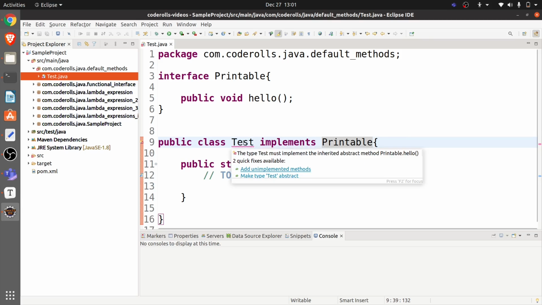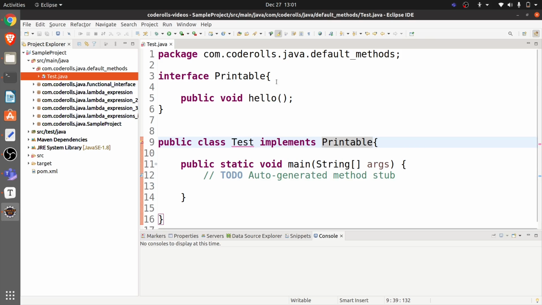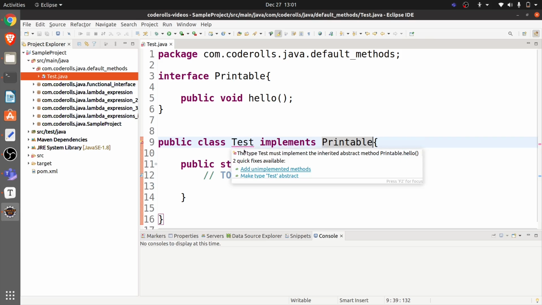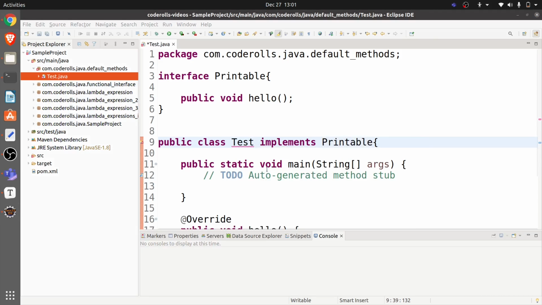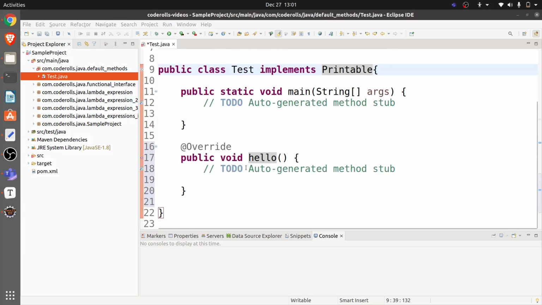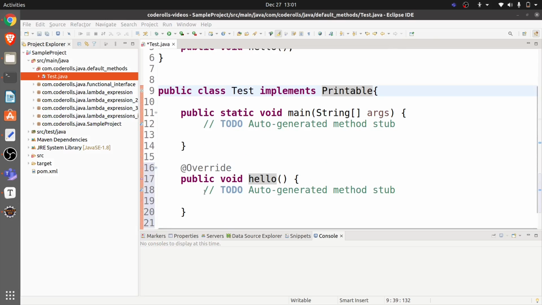So you can see the compile time error here, and it says add unimplemented methods from the printable interface. When we hover on it and click the add unimplemented methods, you can see we need to provide implementation for hello method.